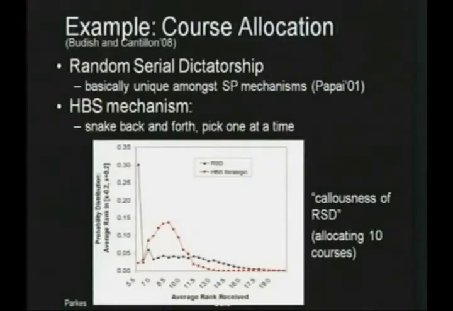You get 1, 2, all the way down to 10. That would give you 5.5. So around a third of the agents are doing really, really well, but a lot of the agents are doing really, really poorly. They're getting terrible choices. Whereas if you look at the distribution of rank in the Harvard Business School mechanism,